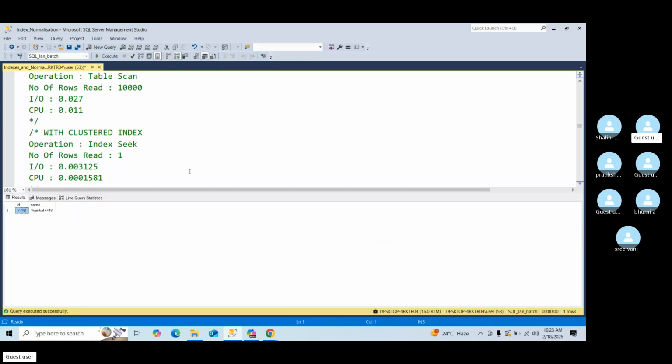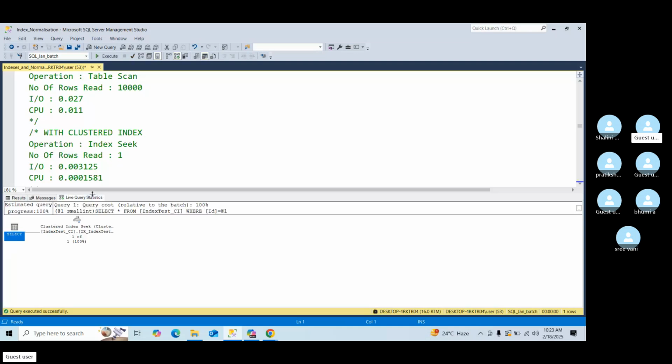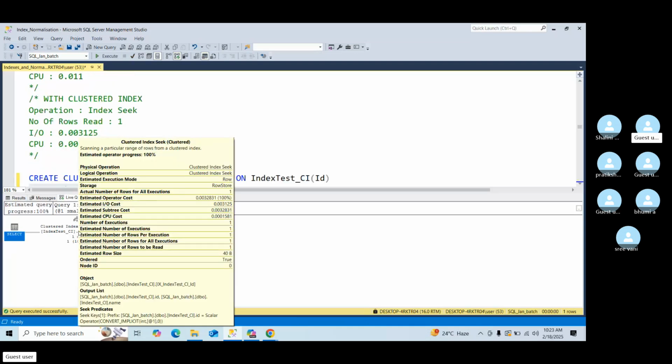Okay, got the record. Now if I see the execution time, and if I hover my mouse here, then you can see